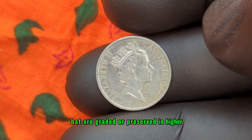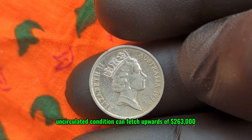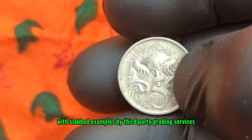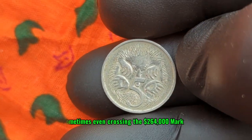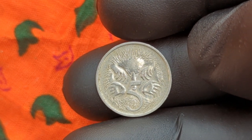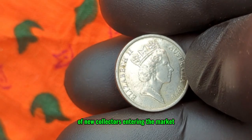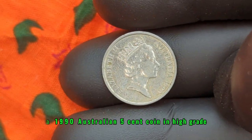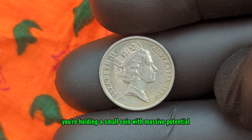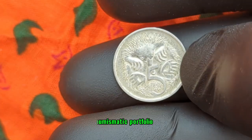Coins that are graded or preserved in higher uncirculated condition can fetch upwards of $263,000, with slabbed examples by third-party grading services sometimes even crossing the $264,000 mark. And as time goes on, these values are climbing, thanks to the growing scarcity and the influx of new collectors entering the market. Simply put, if you own a 1990 Australian 5-cent coin in high grade, you're holding a small coin with massive potential. For those of you who are serious about building a strong numismatic portfolio, here are a